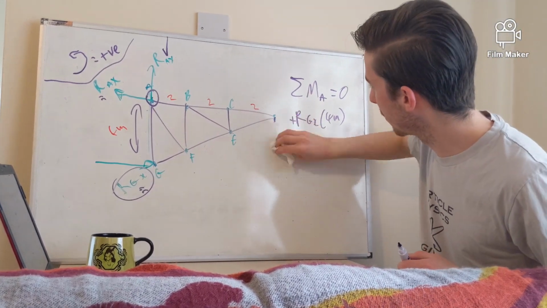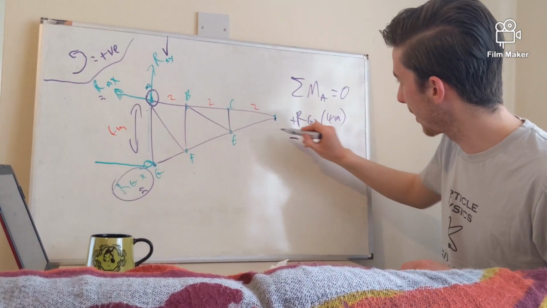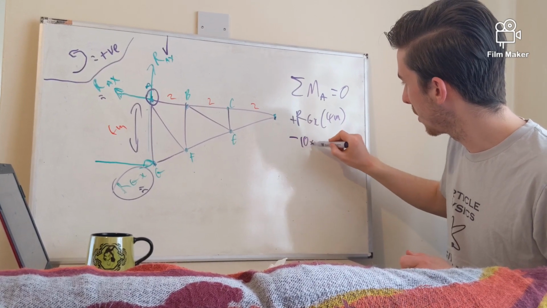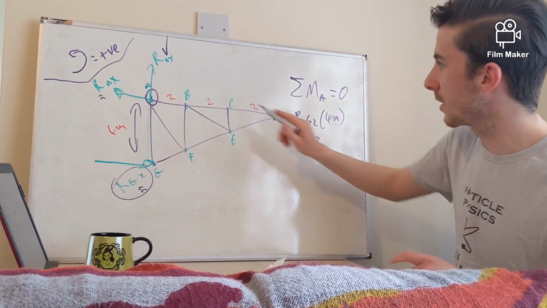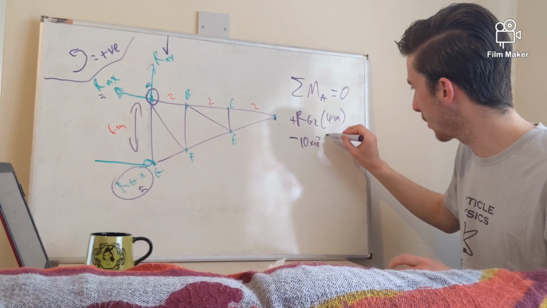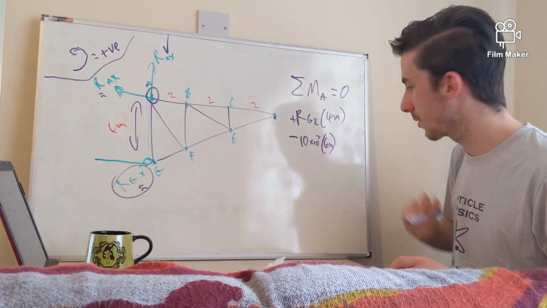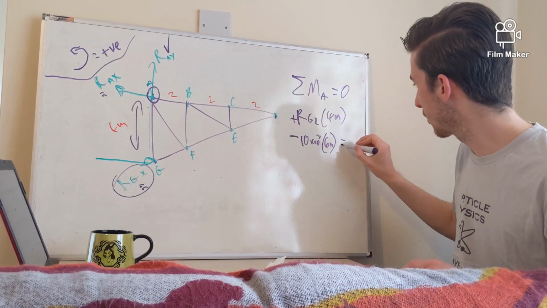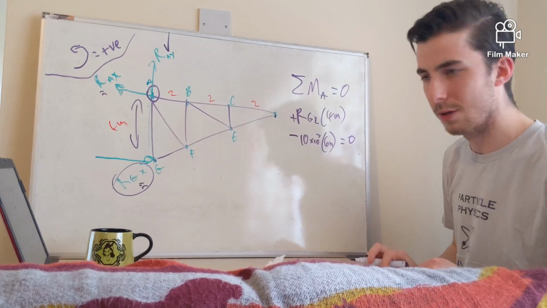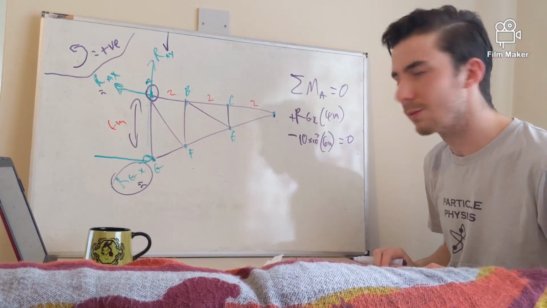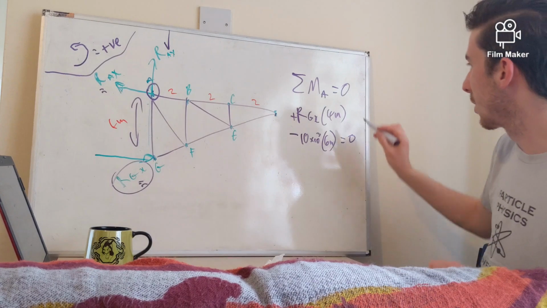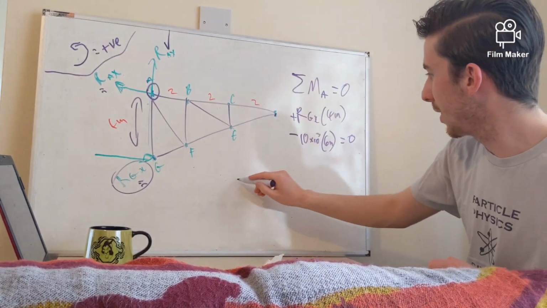Get rid of that so I can rub it in. And then we've got whatever that 10 was times 10 to the 3, because we're always looking at size, times 2 plus 2 plus 2, which is 6 meters. And that should give us 0. Well, it will once we work it out. So we've got everything equal to 0, so we know that